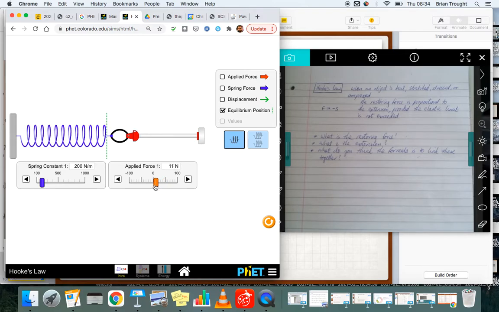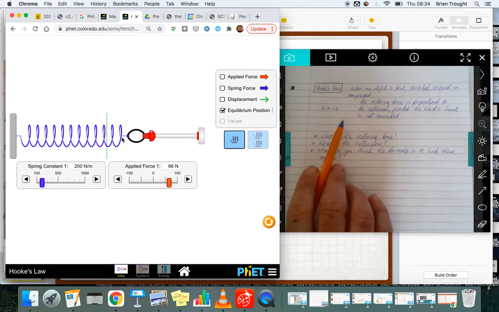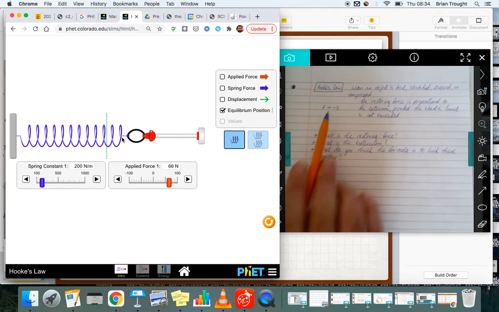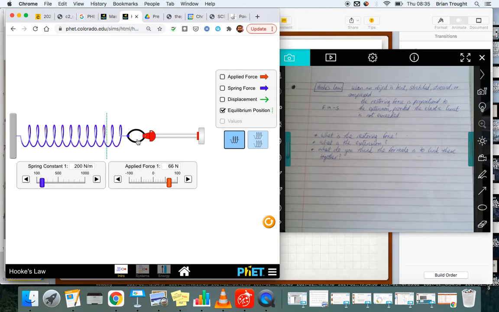Let's have a look at the restoring force. Now you can see that there's a force pulling this to the right. There's an extension to the right as well. And if you look on the right-hand side here, I've said that the force is proportional to the displacement, but they occur in the opposite direction. So the force that we're exerting on the spring here with this clamping device is not the restoring force. The restoring force is what the spring is trying to do. And the spring, or the stretched spring in this case, is trying to pull itself back into its original shape. So if I let go of this, there would be a force acting on the spring